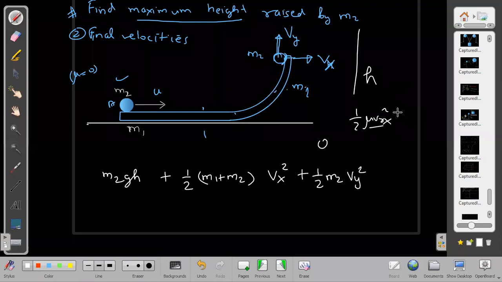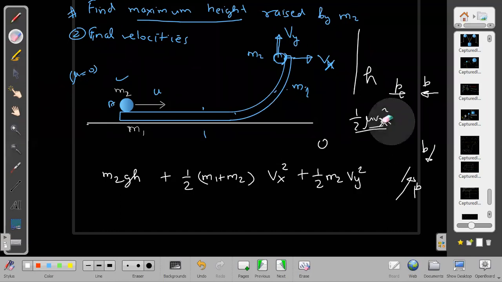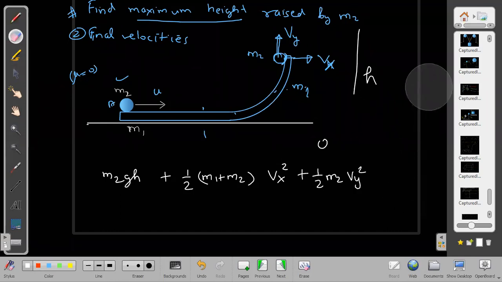The other component it is not able to give us, because it gives us the component in which direction the momentum values are magnitude-wise equal. If I give you a situation where momentum is equal along some other direction, then I should not take V total, I should take Vx, taking that axis as X, and I will take half mu Vx square. Then in that direction kinetic energy will be obtained. So in one particular direction, the direction where the momenta are magnitude-wise equal, we are able to obtain kinetic energy.